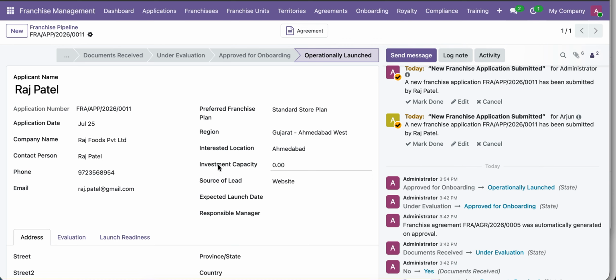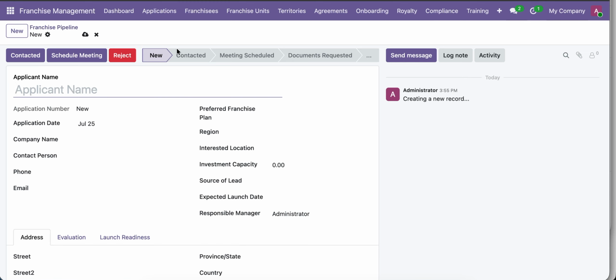This is the last stage of the application journey. It means the application is no longer just an approved candidate. The franchisee is now fully ready and launched for real business operation. So, if we summarize the exact application stages in this module, new means the request is received, contacted means the business has reached the applicant, meeting schedule means a discussion is planned,